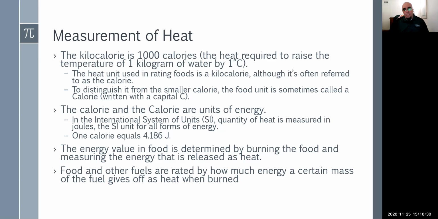Well, how do we know how many calories each food actually has? Well, they burn it, right? So, you know, you get a serving of cornflakes. How do they know how many calories are in that cornflakes? Well, they actually burn it and see how much heat is given off. And then based on the heat that's given off, they can actually determine how many calories are in that